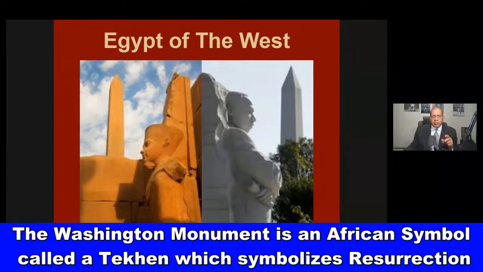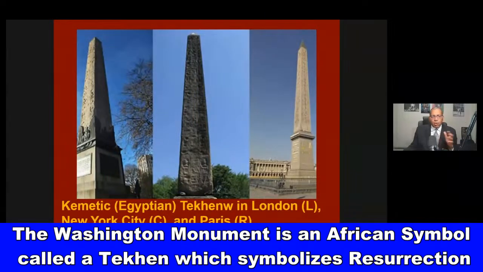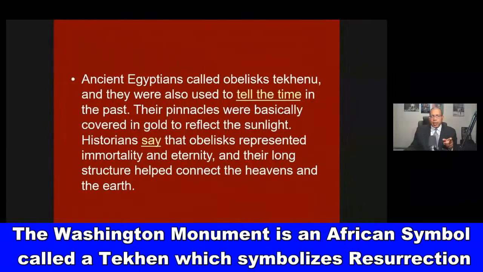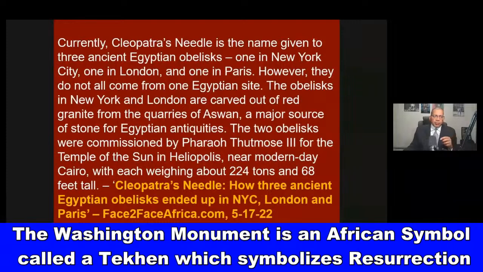The Washington Monument is an ancient African symbol called a Tekken. There are about 1,200 Tekkenu all throughout ancient Kemet. Today, they're less than 12. And you have 3 that are in London. You have London, England, New York City, and Paris, France. There's a good article called Cleopatra's Needle, How Three Ancient Egyptian Obelisks Ended Up in New York City, London, and